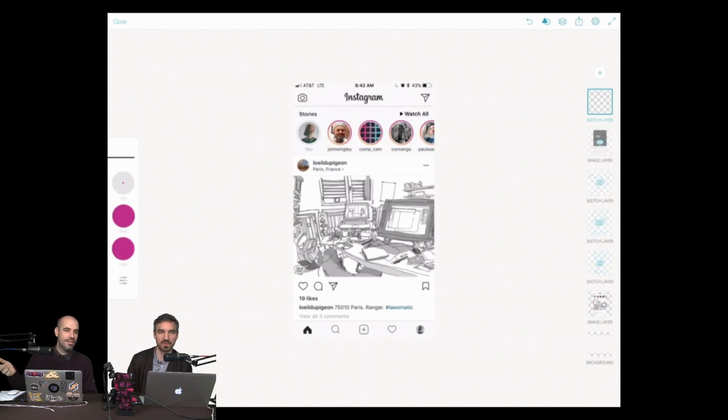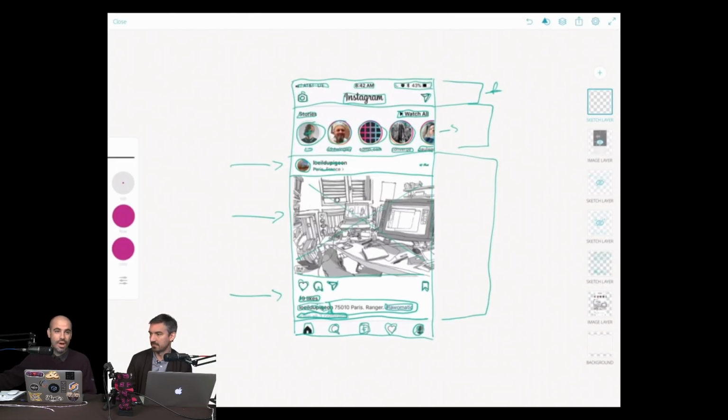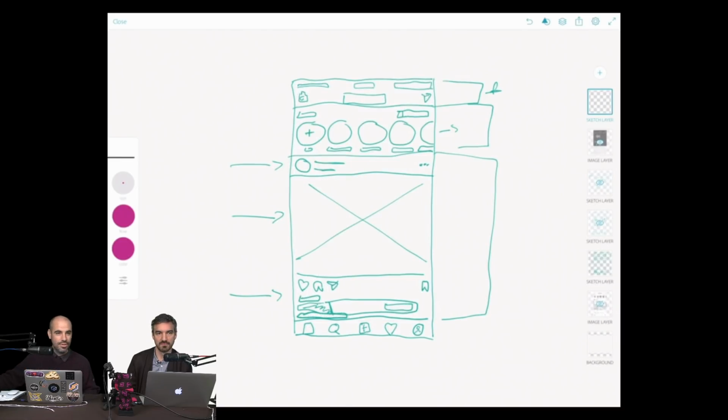So this is a screenshot of Instagram. And the exercise that we did in the very beginning, which I totally recommend everybody doing a few times, maybe every few months, just go grab your favorite app and then just trace right on top of it. What this does is it helps you to understand the nuances of the choices that they make. So when I remove the screenshot under, you can see that there's different UI and different controls